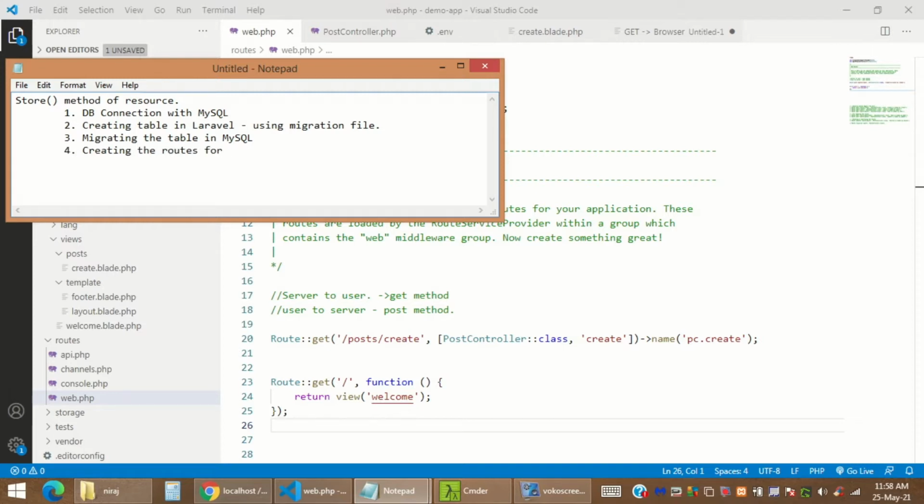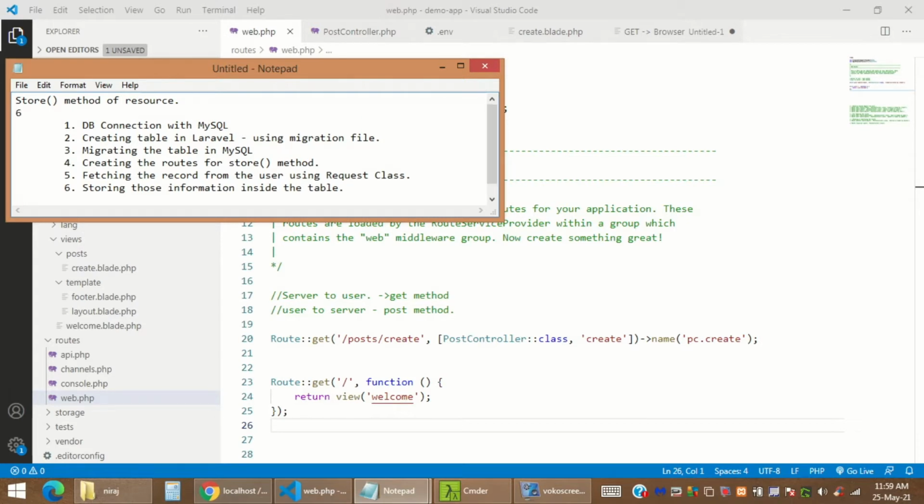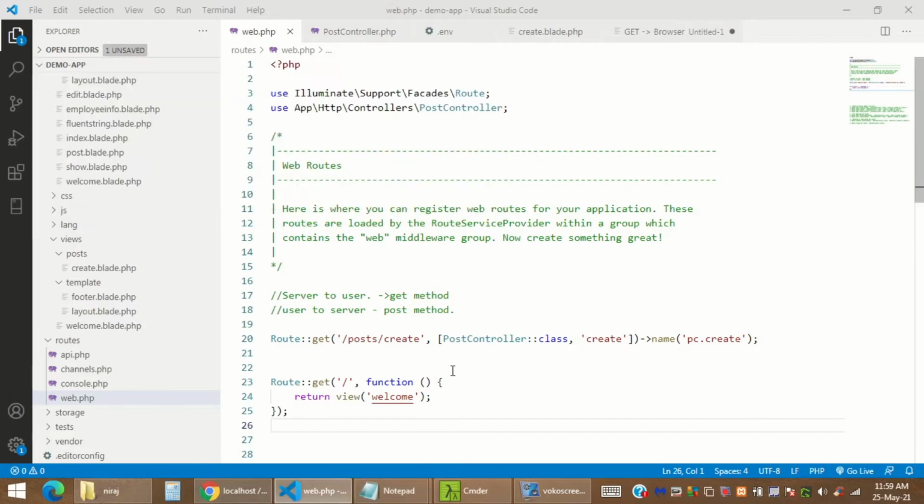In the fourth step, I'm going to create the routes for the store method, and the fifth step will be fetching the records from the user using the request class. The sixth step will be storing that information inside the table, meaning the information provided by the user itself.